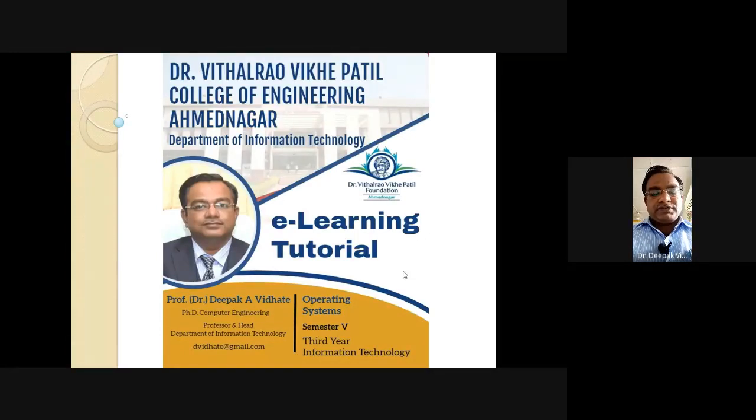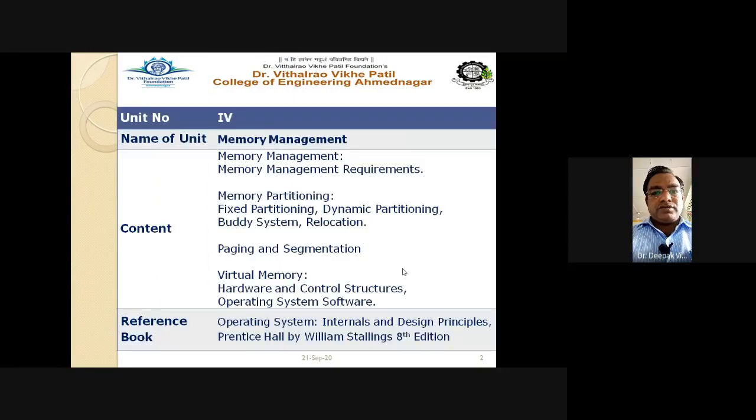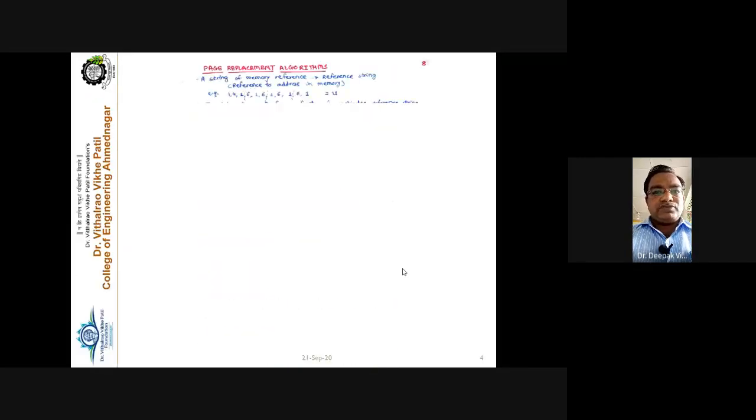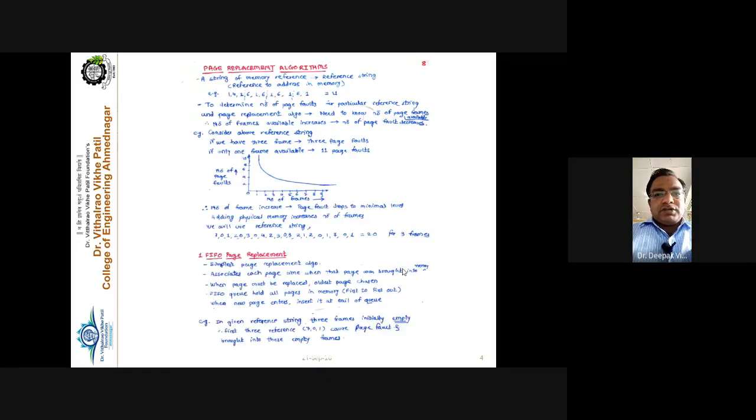So in the previous lecture, we have also discussed the page fault. How the page fault occurs in the system, and to recover from the page fault, which different steps we have to follow. Actually, there are 6 different steps to recover from the page fault. And why the page fault occurs in the system, that also we have discussed.